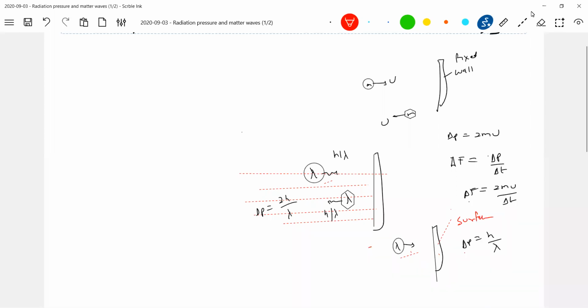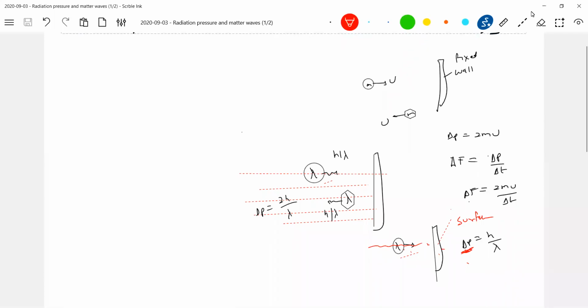So continuously the photons will be incident, so continuously the photons will exert a force, so continuously there will be a change in momentum. The change in momentum per unit time is what gives me the expression for force. That force per unit area becomes pressure, and that pressure I'll call radiation pressure. Able to make it out, this one?